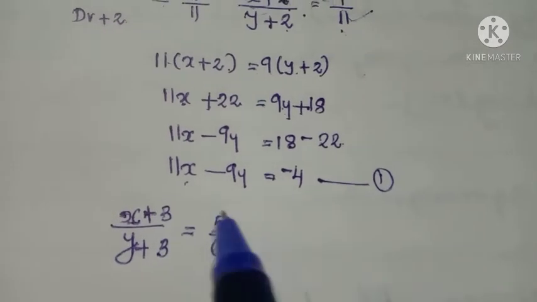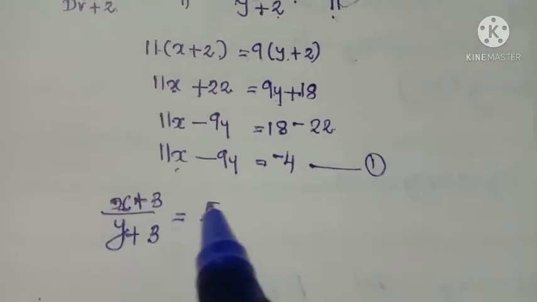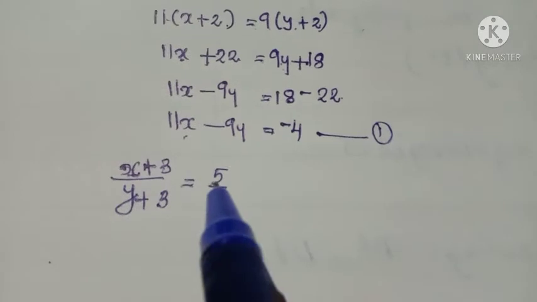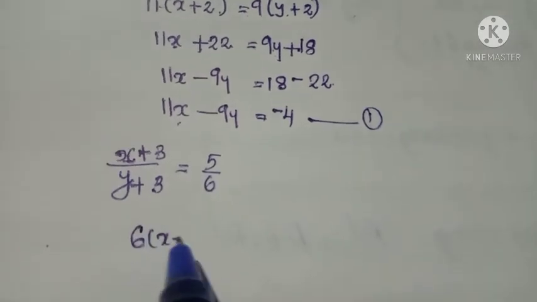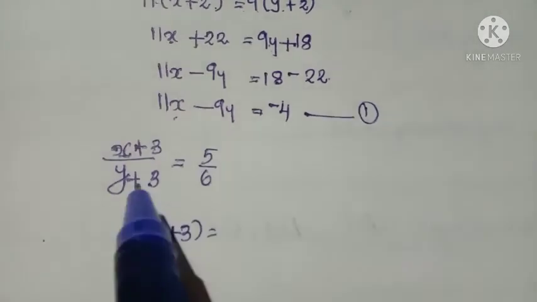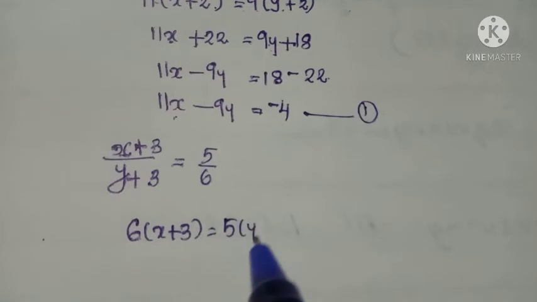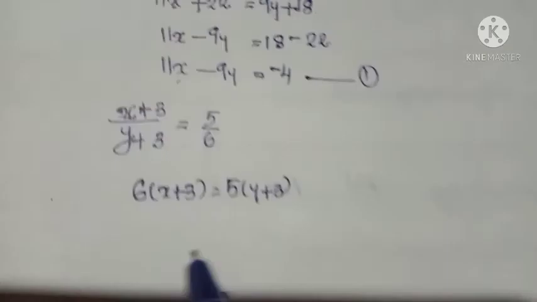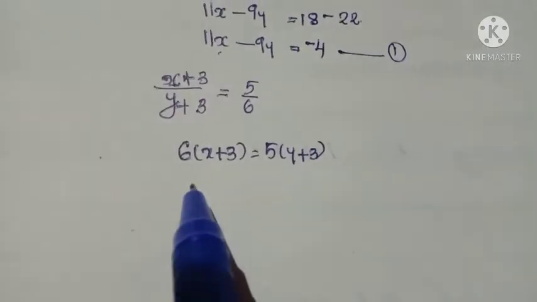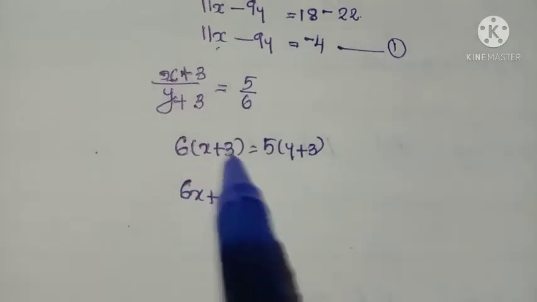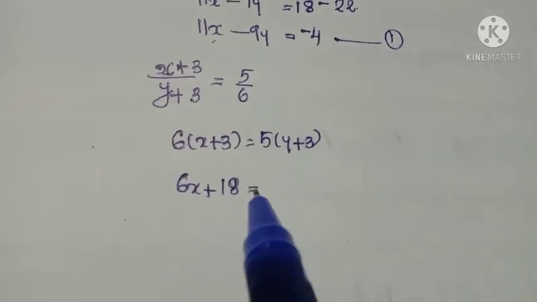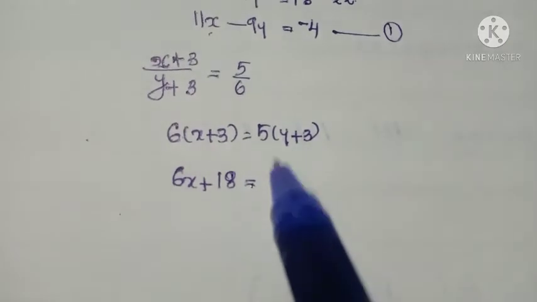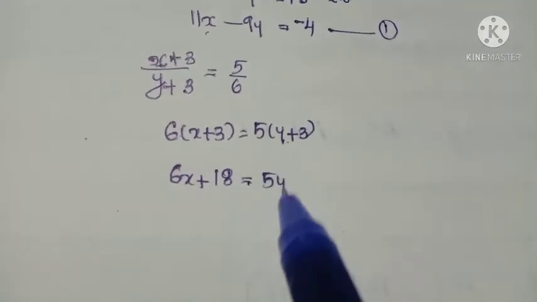Again take cross multiplication because it is not in general form. So 6 into x plus 3 is equal to 5 into y plus 3. Now open the bracket. 6 into x, 6x, plus 6 into 3, 18, equal to 5 into y, 5y, plus